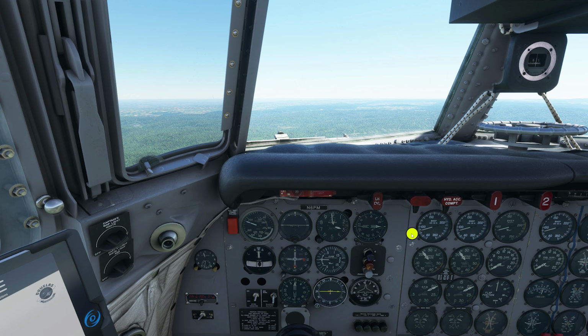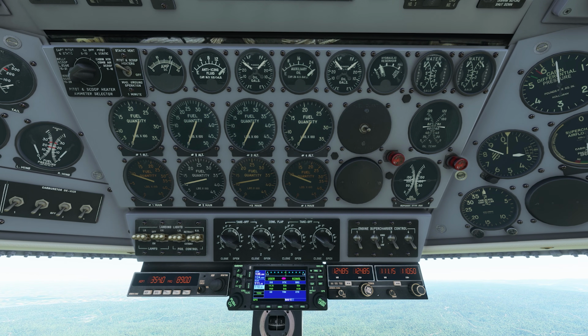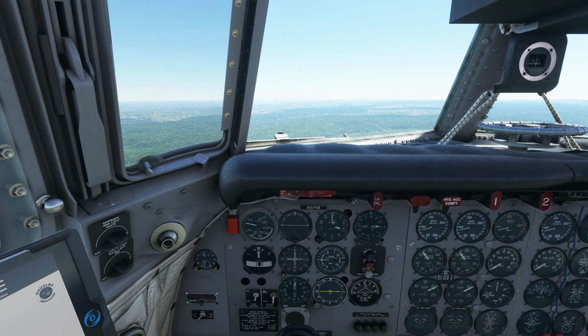I recommend doing it with the throttle for a small adjustment like this. It keeps it pretty simple, and it leaves the props at the low RPM setting, which is nice and quiet in the cabin and quiet in the airport environment too, which is important in noise sensitive areas. But we're back at 90 BMEP now, and you can see we've got just over 14 miles to go to